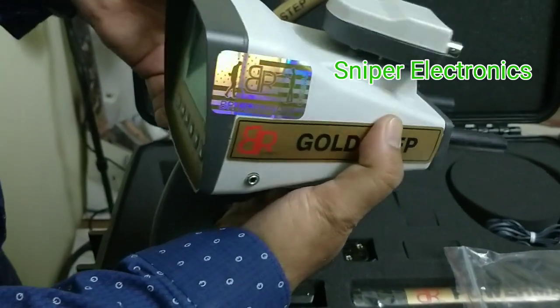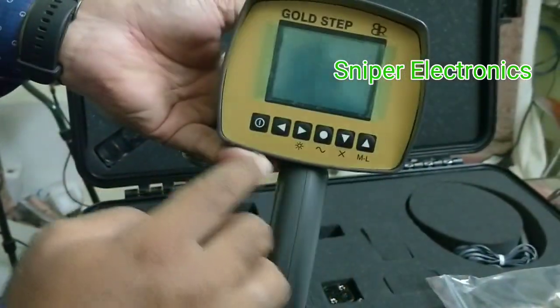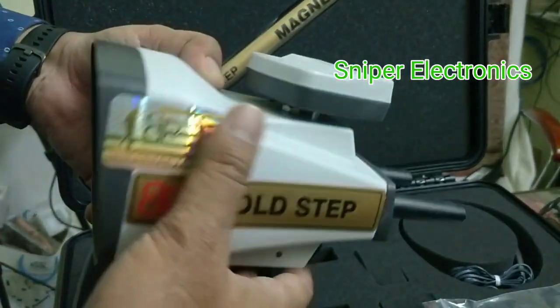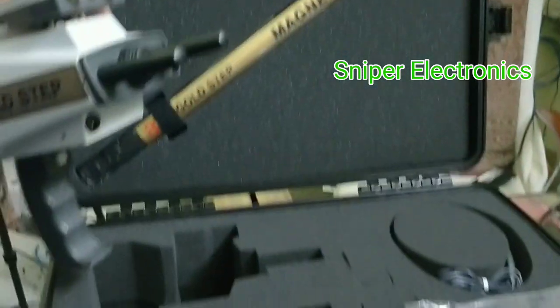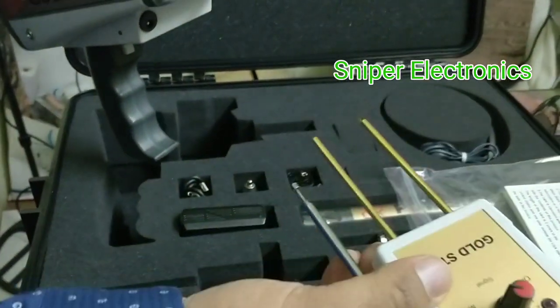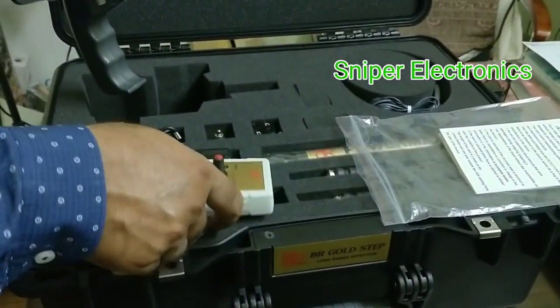So this is the main control unit of Gold Step. This is the wireless sensor which will actually work with this wireless probe. Okay, so